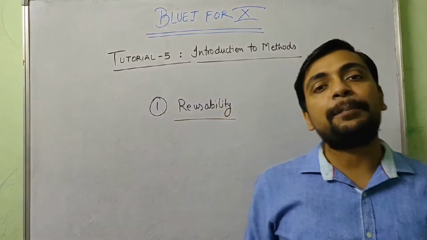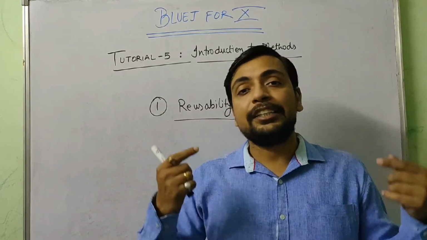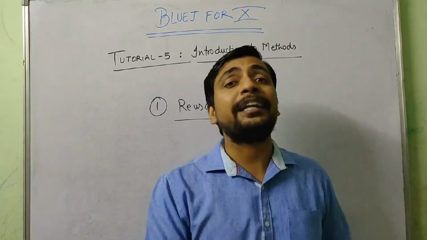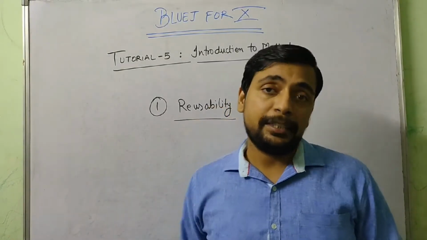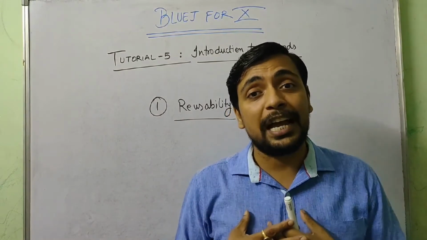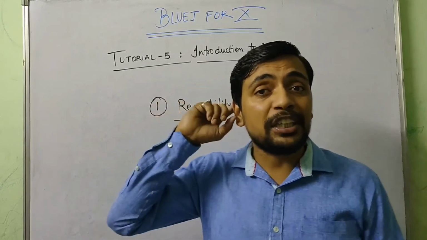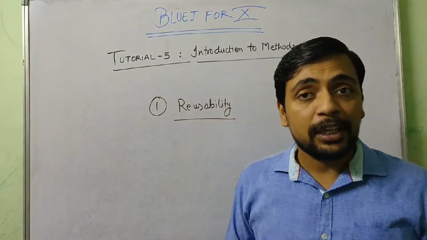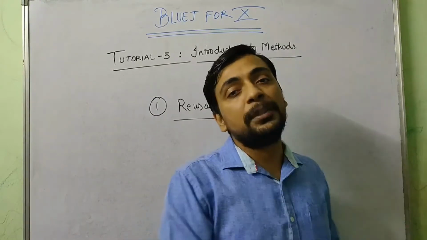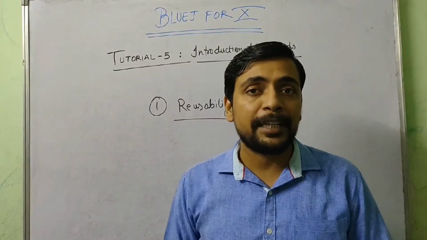Okay, so if I have written any task inside a method, I can perform that task again and again. All that I need to do is call that method. That means in our program we can perform plenty of square roots, and all that we need to do is call sqrt all the time. We need not think about the logic of calculating square root. Similarly, reusability is the first and foremost important advantage provided by a method.